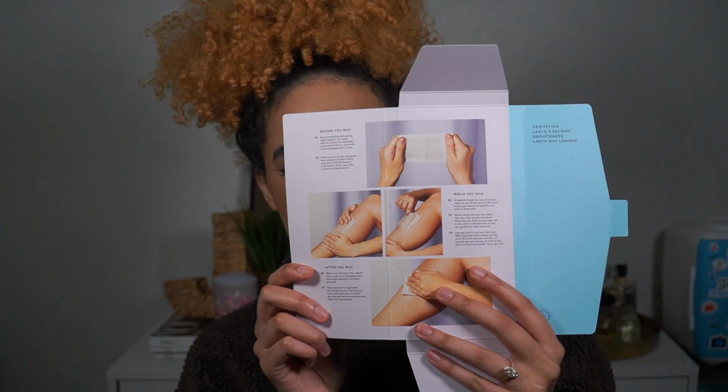I also wanted to talk about the packaging. I think it's really cute that it just comes in this little cardboard foldable thing. It's sleek, it just fits anywhere you want to put it. Once you open it, it actually has all of the instructions, what to do before you wax, while you wax, and after you wax. And then it has a cute little message. It says, "Hesitation lasts a second, smoothness lasts way longer,"